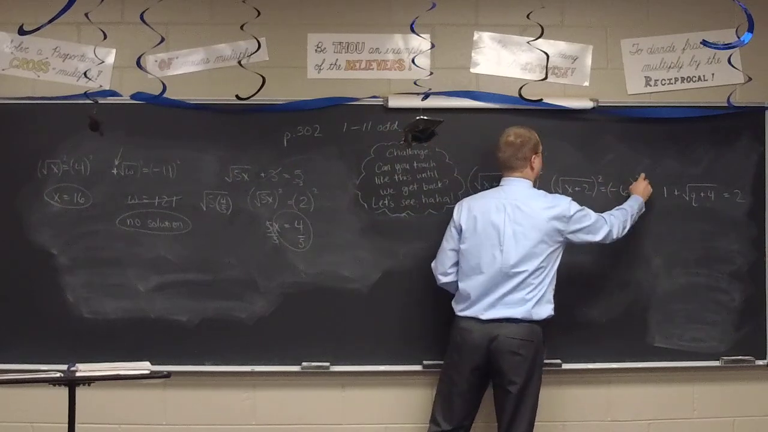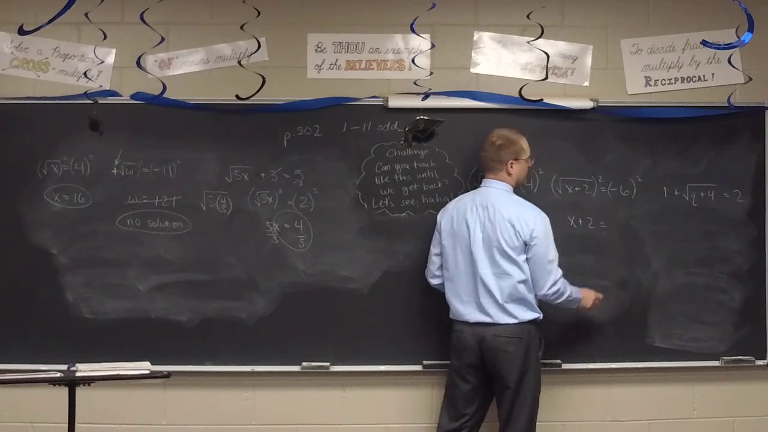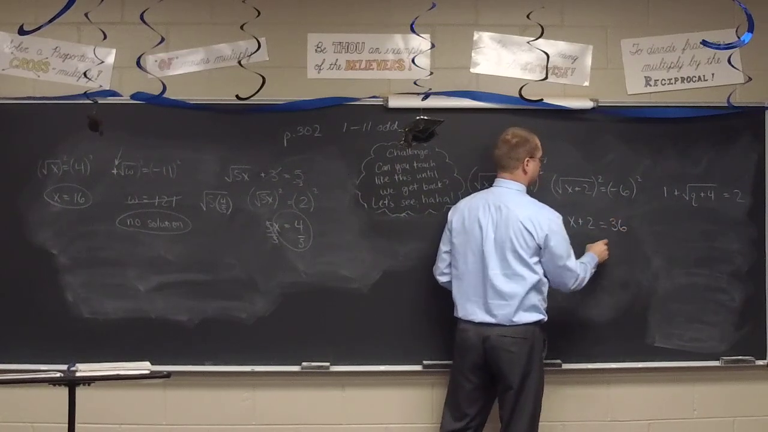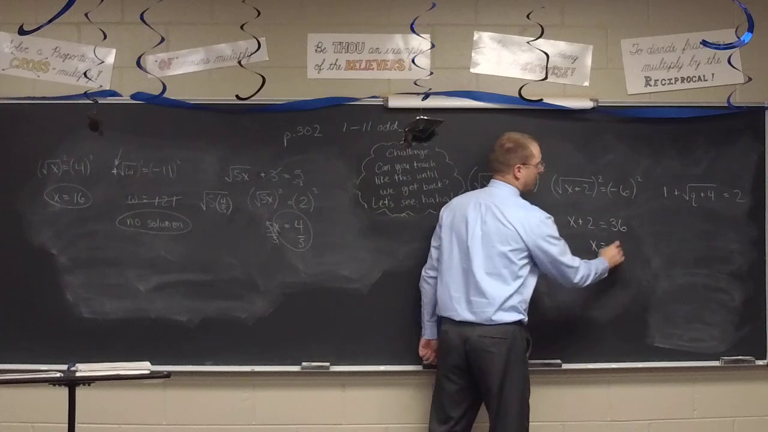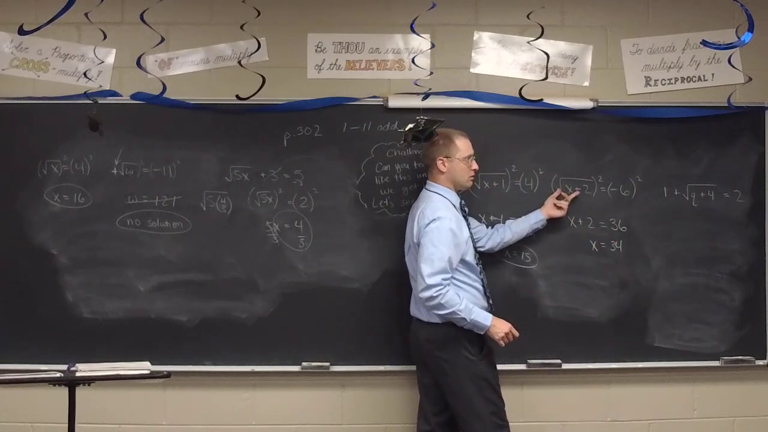Already isolated. Square both sides. What do we get on the left? x plus 2. What do I get on the right? 36. Positive 36. I subtract away the 2 to get x equals 34. I check. 34 plus 2? 36. Square root of 36? 6, not